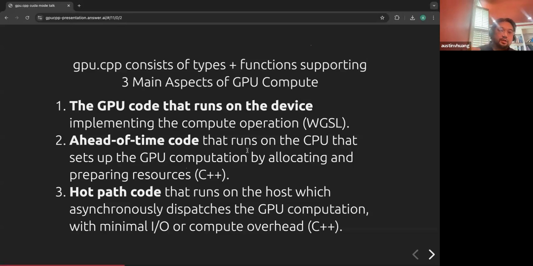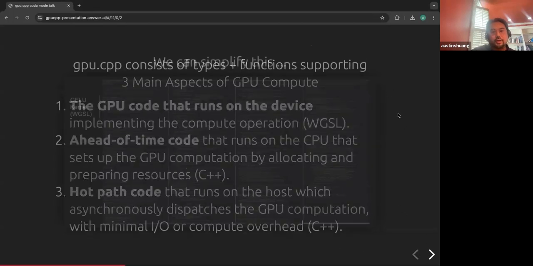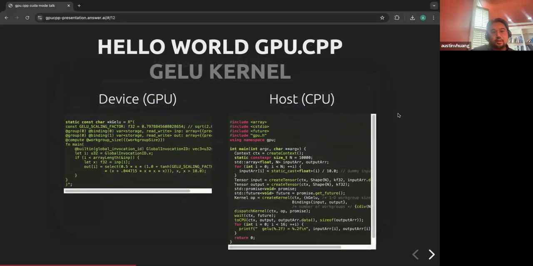And then you have the things you want to do in your hot path, which is you want to minimize any kind of allocation, and then you just want to do asynchronous kernel dispatches as fast as possible, with minimal data movement and minimal resource allocation, right? So if we can come up with a minimal set of types and functions that do this, we can then simplify this into something this small, which should be probably a little bit more